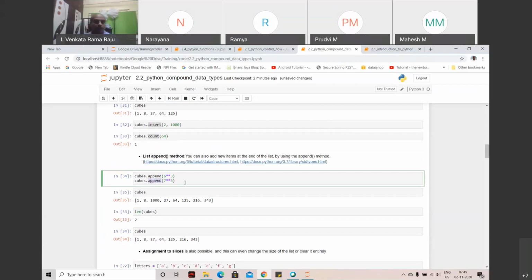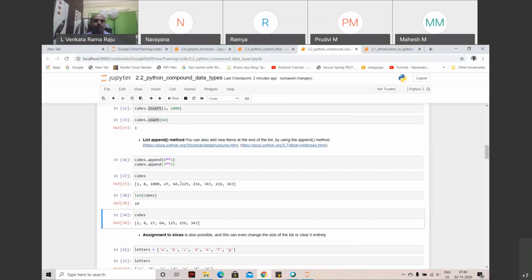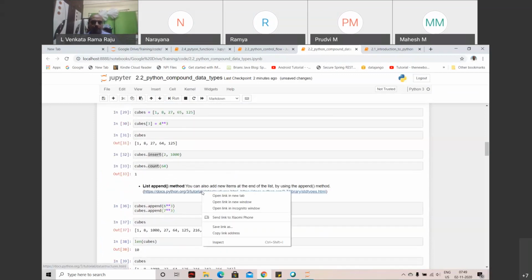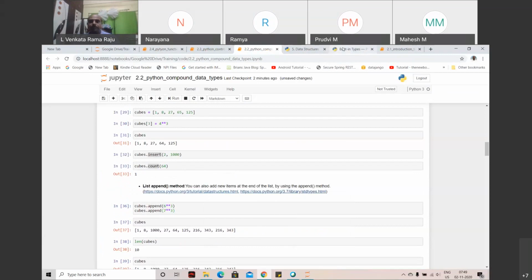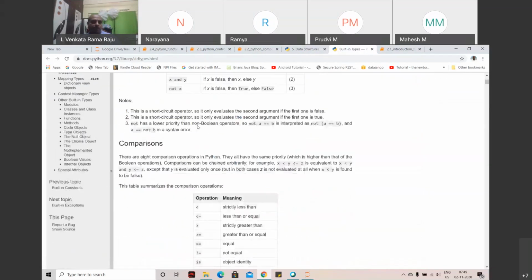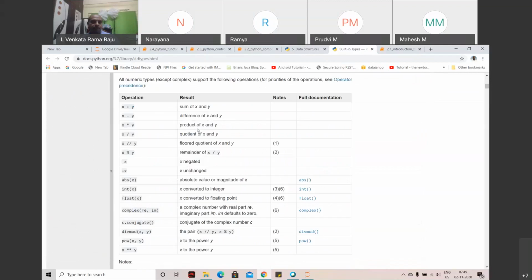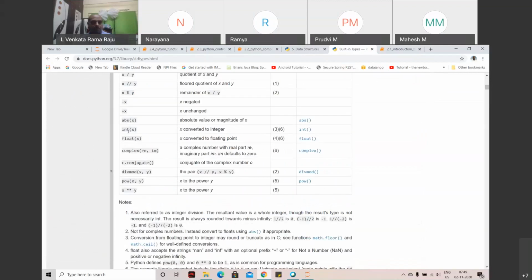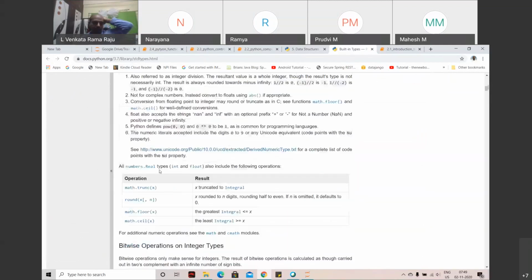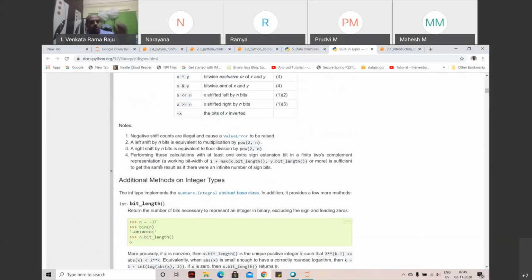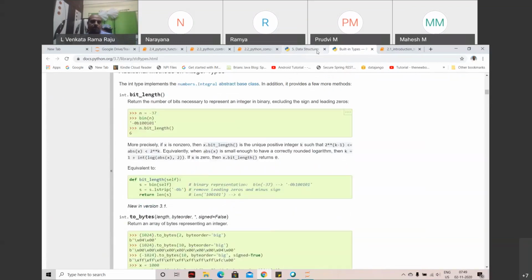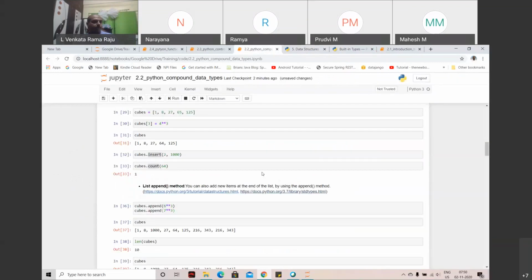How do I know? I can actually look into the API documentation. This is the API. Did you guys get a chance to look into the API documentation? Did you go through this documentation and try to play with it? See the data types and all this, right? You need to get used to this documentation because somebody who is from a Java or other background knows, but somebody who is new